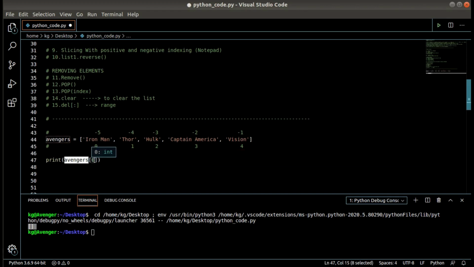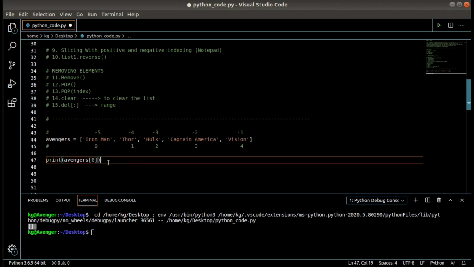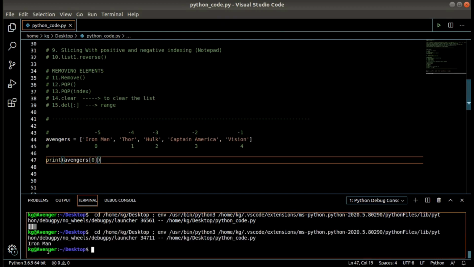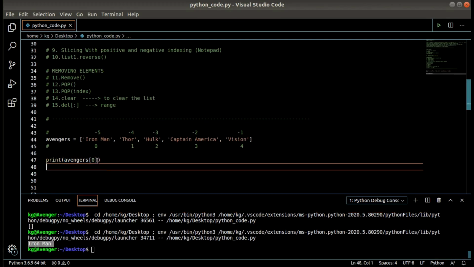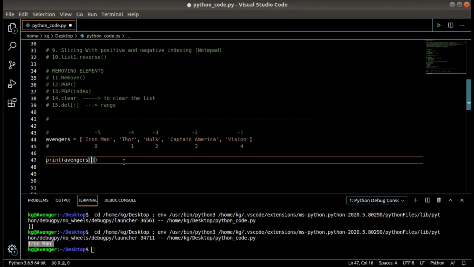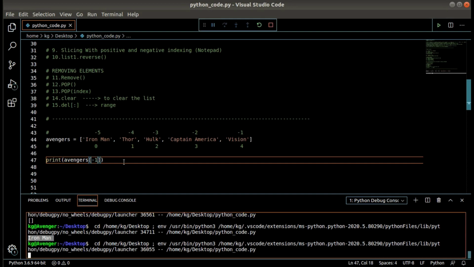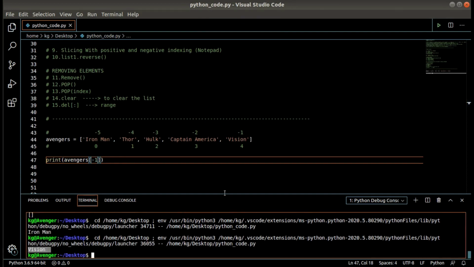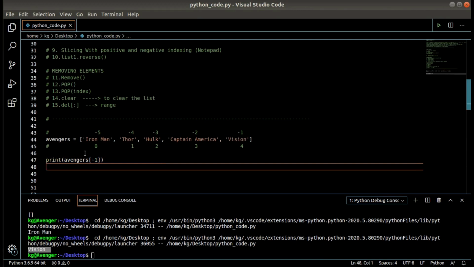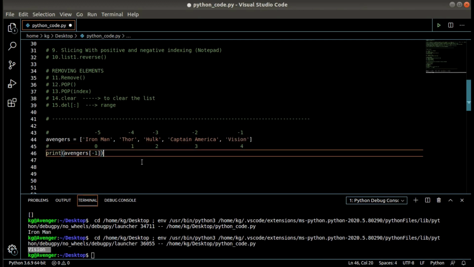Inside the square brackets we can mention the index 0. If I am printing this out, I will simply get Iron Man, and if I am using negative indexing over here, -1, I am getting Vision. As you can see, both indexing is working fine.